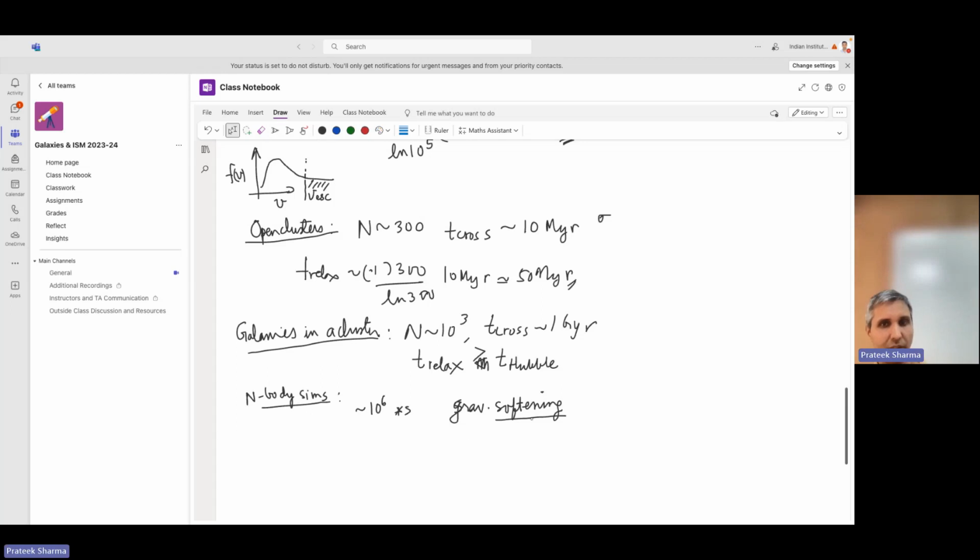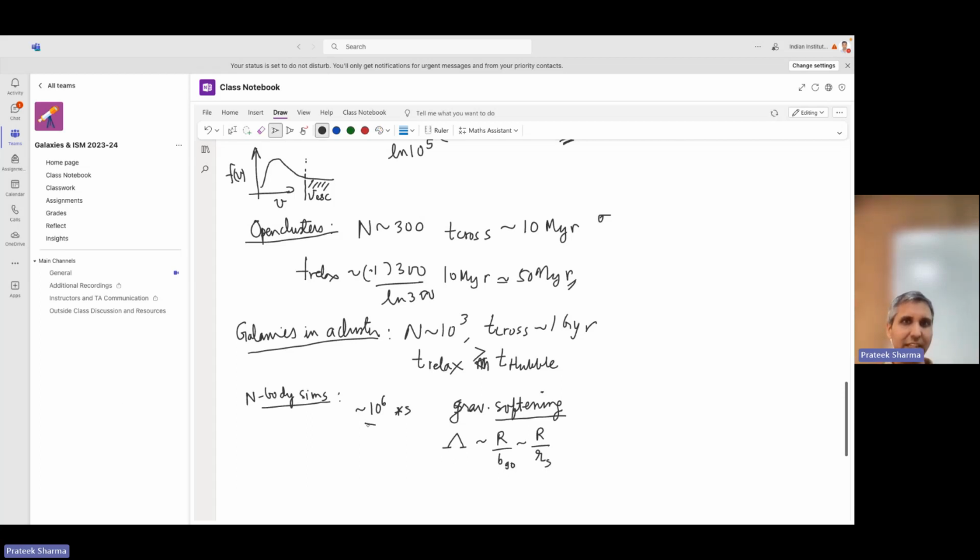And the way gravitational softening helps is through this Coulomb lambda factor, right? So instead of lambda being the system size, now it will be the system size over the softening length, right? Because your gravitational force will not be as strong if you go closer in. It will be saturated at this 1 over rs squared kind of value. So this is another trick that people use.